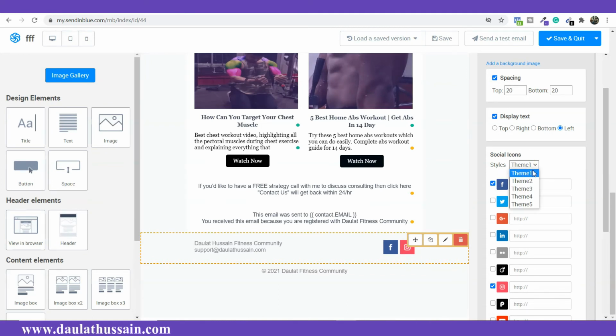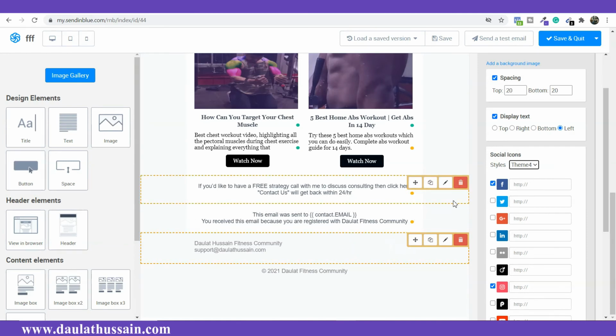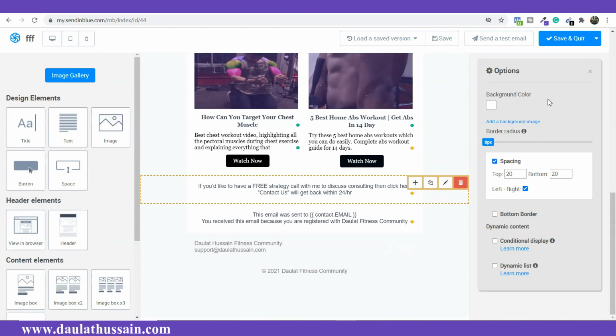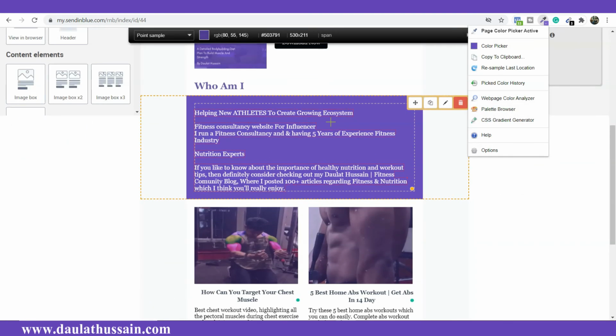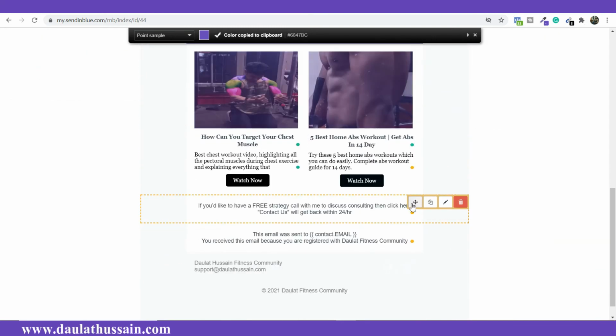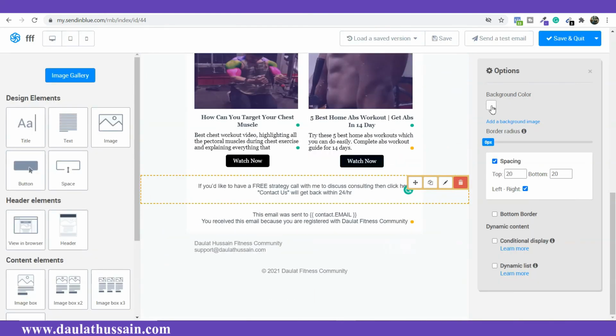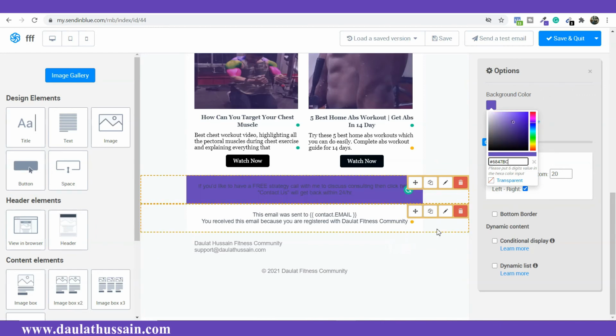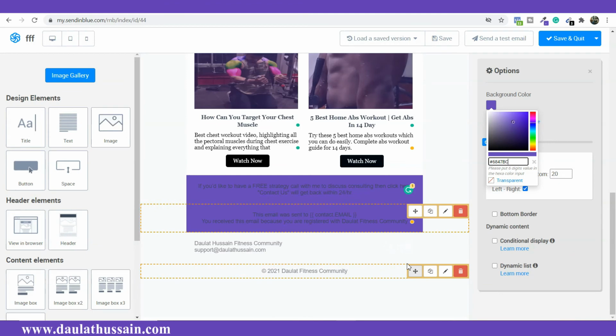And here is the best part, you get a few options to customize as per your theme. So here I will go with, no, not this one. I will go with, yeah, this looks good. I'm going to add some color at the background so it will look good. So for adding the color, I will click here. I will pick the color with this picker tool, simply copy the color, drag and drop, click here, and from here I'm going to add color at the background. Simply paste. Again I will do the same with this one also, copy and paste. With this also I do the same,